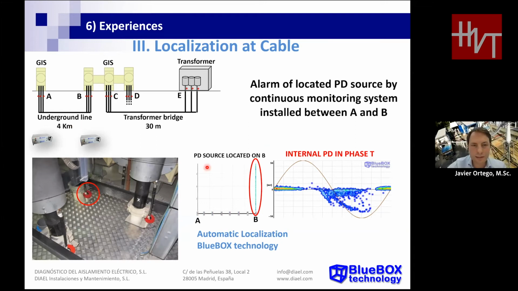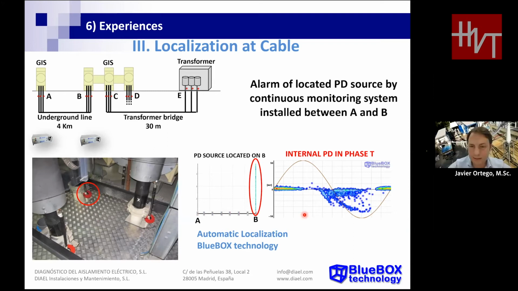When we did the analysis of the localization between A and B, we found a concentration maintained during the monitoring period in substation B. When we analyzed the PD pattern, this concentration corresponded to an internal PD phenomenon for one of the phases,